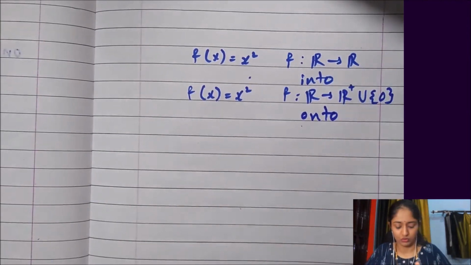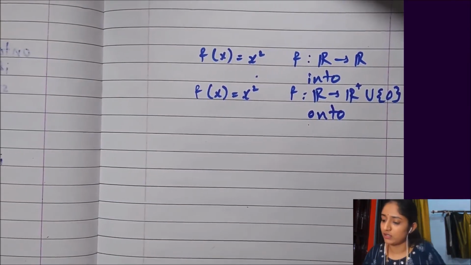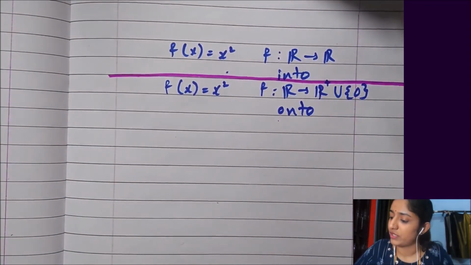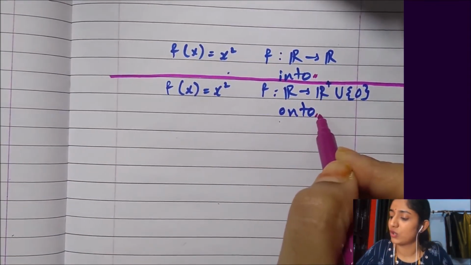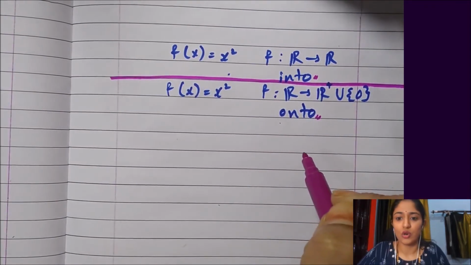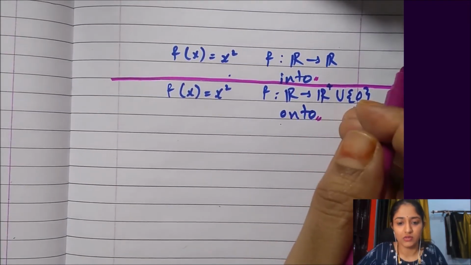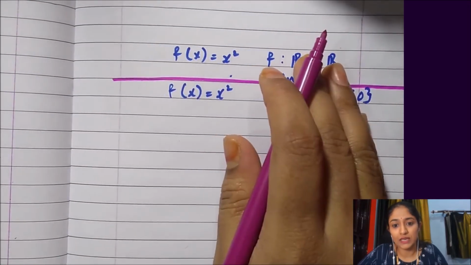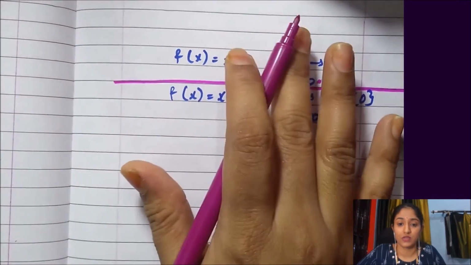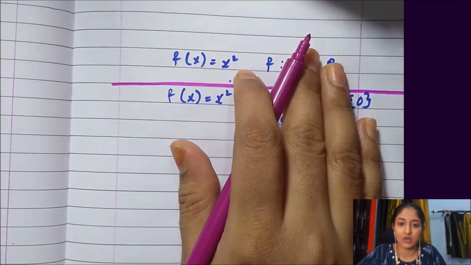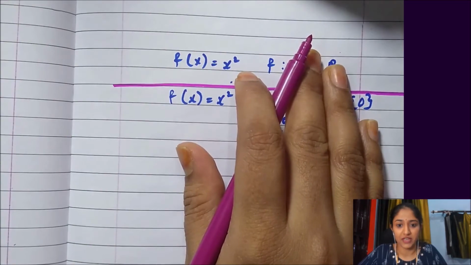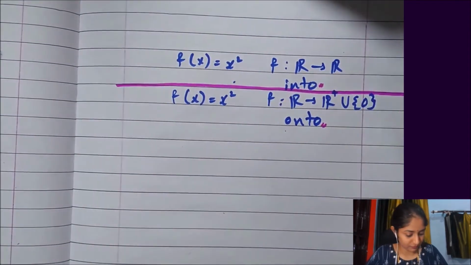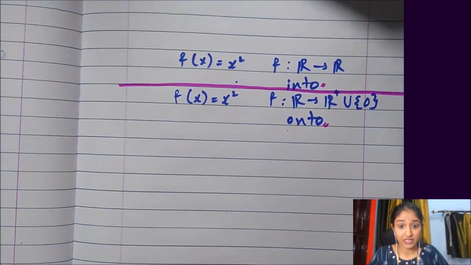So you can see these are separate ones, that this is onto and this is not onto. So you can already see that ontoness or intoness or surjection does not depend on the function alone but on the codomain and domain also. It doesn't just depend on f, the property of f, it's also the property of domain and codomain. So be very aware of this.